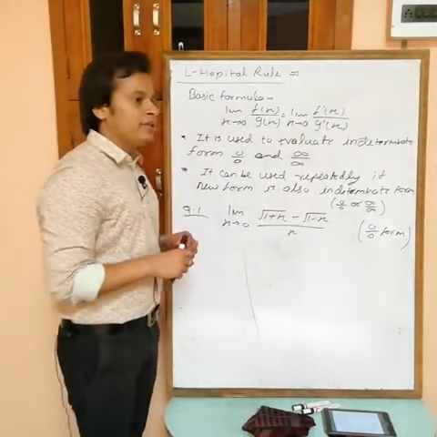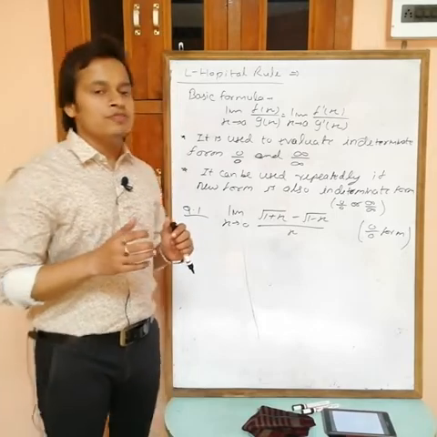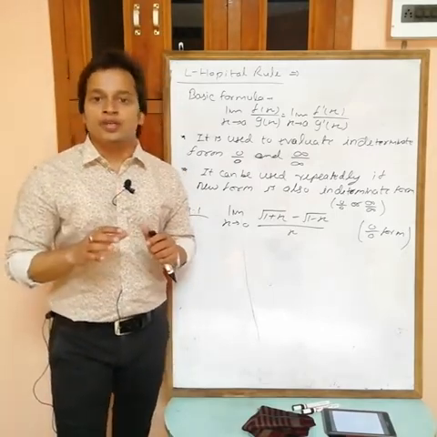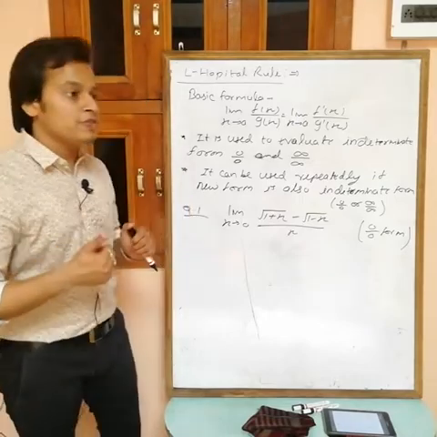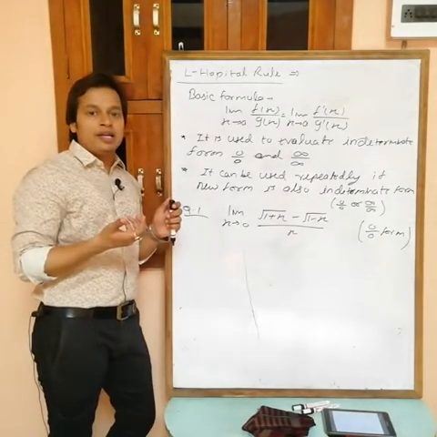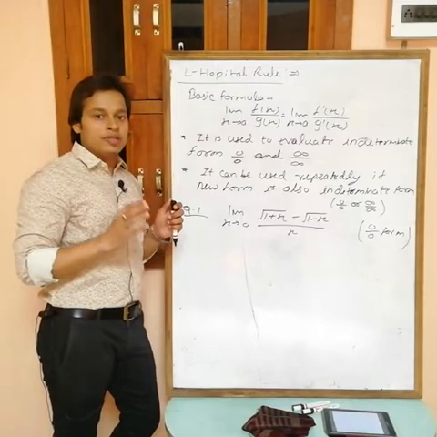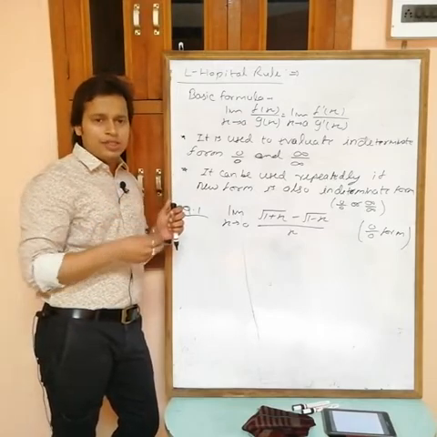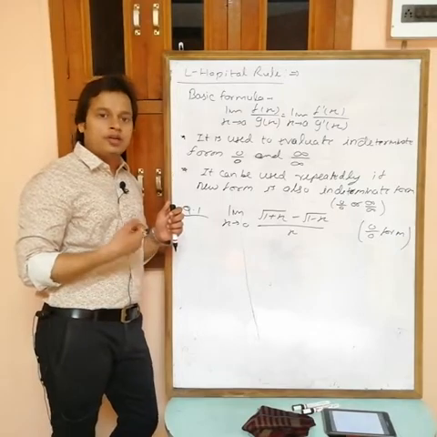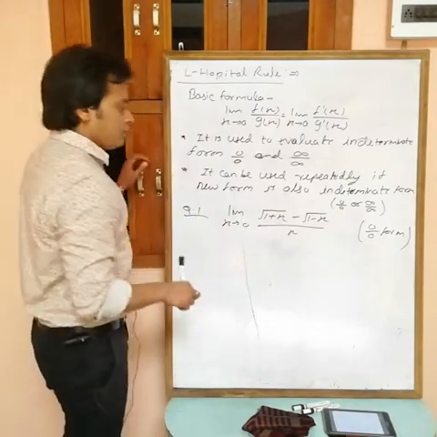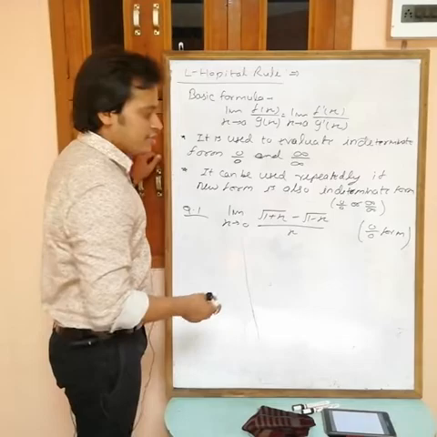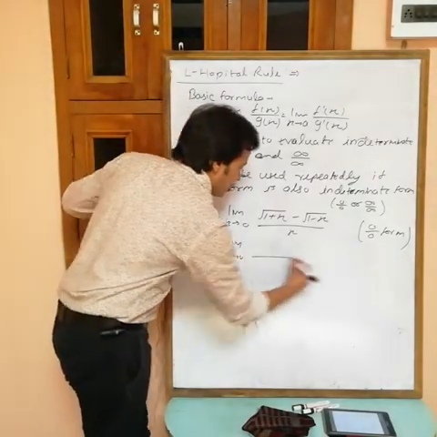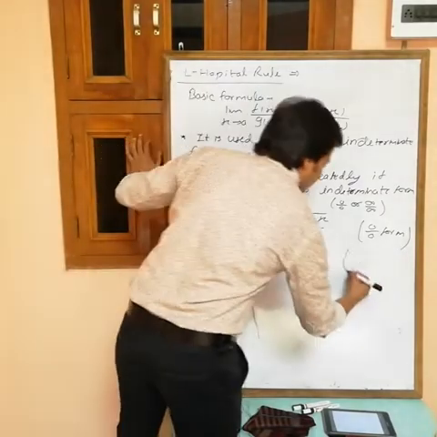Remember that sometimes you have the forms 0 by 0 or infinite by infinite, but the derivative is not easy. If the derivative becomes lengthy or not easy, then we can't use L'Hopital rule, because the question goes lengthy. For that we have to use another method, standard limits, expansion. But this time I can differentiate numerator and denominator easily. So limit x tending to 0, by L'Hopital rule,